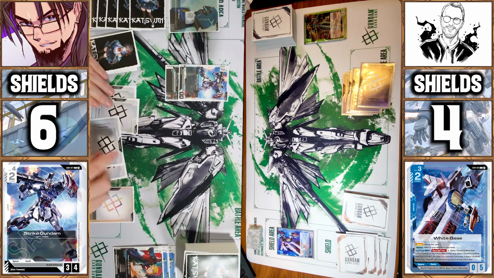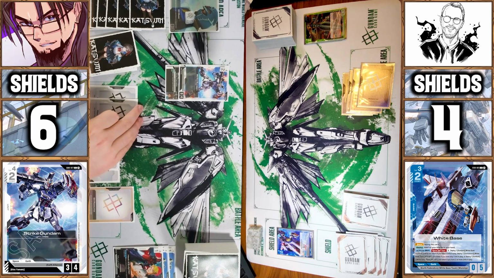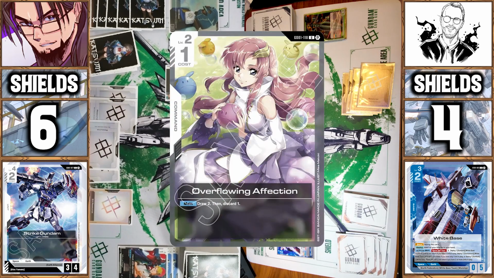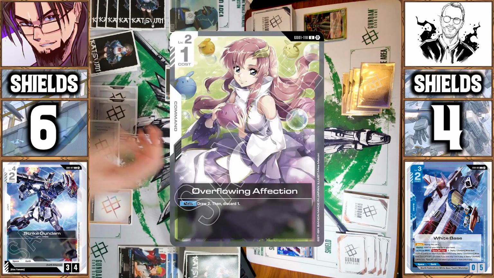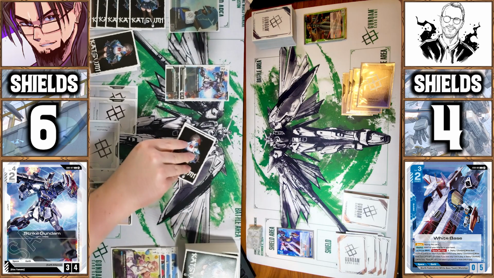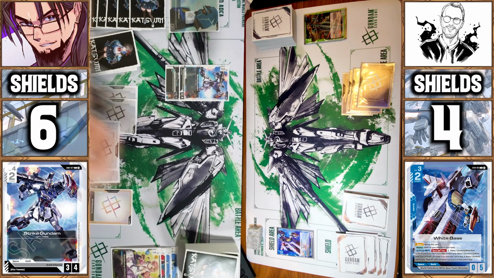Then I'm going to play what I think is actually one of the best cards in the beta kit, and a card that I think we'll see play throughout the lifespan of this entire game, probably. And that is Overflowing Affection. Oh, yeah. It's just a simple 1 cost, draw 2, discard 1. That's pretty good. Draw 2. Discard. We're going to discard this